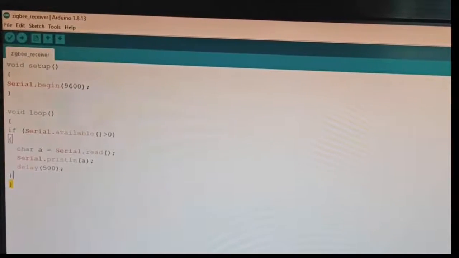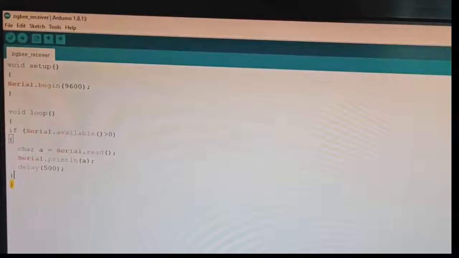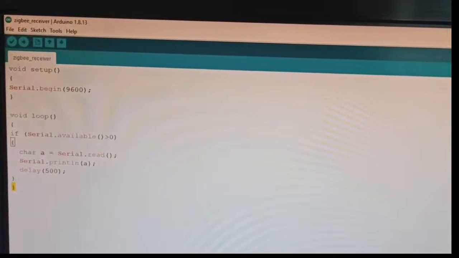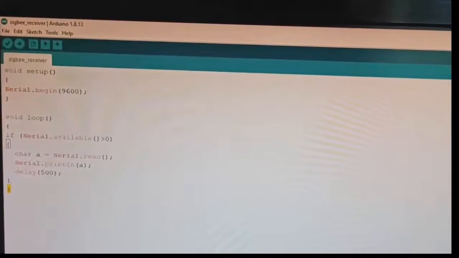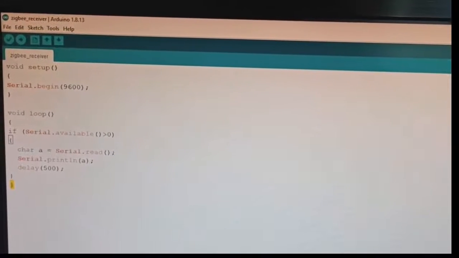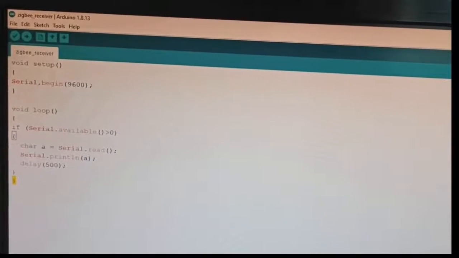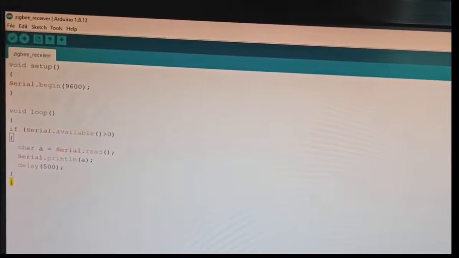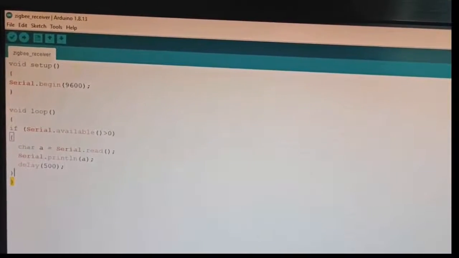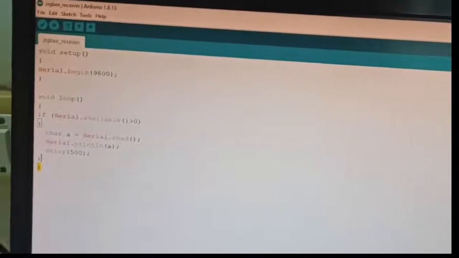In the receiver section, the transmitter of the ZigBee will be connected to the receiver of the Arduino. So if any data is available in the receiver, then it will be the ZigBee receiver data. So for that purpose we are checking whether data is available or not.